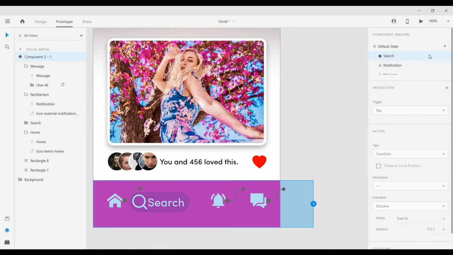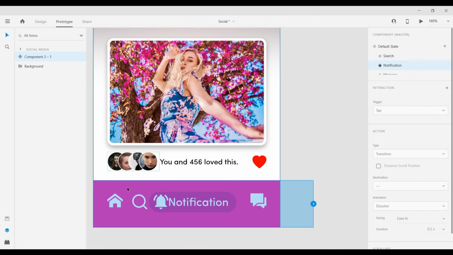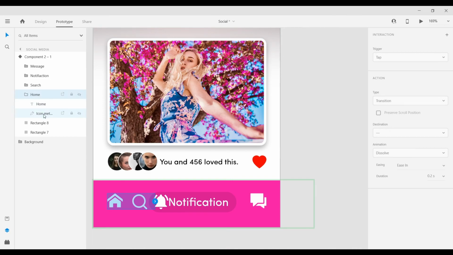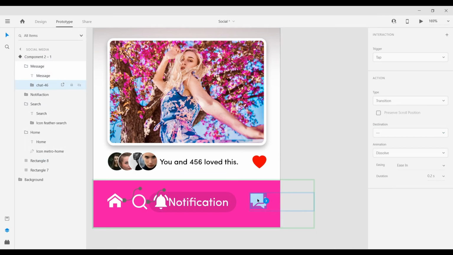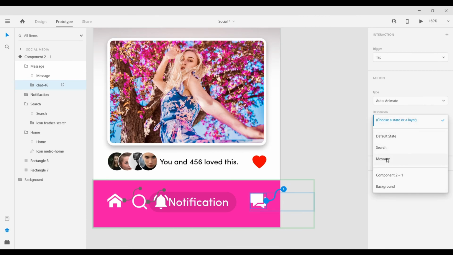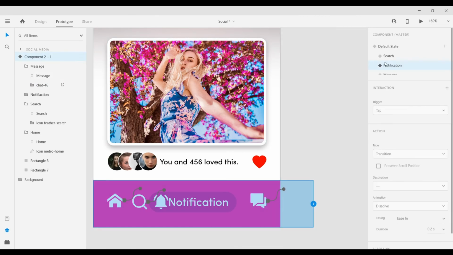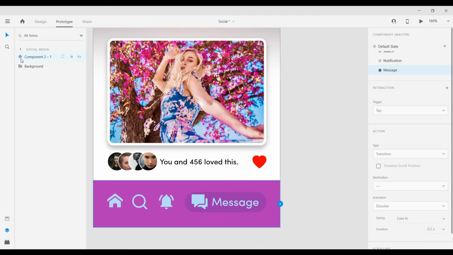Okay, then for the notification state, select the home icon, default state, search icon, search state, message icon, message state. At last select the message state, then